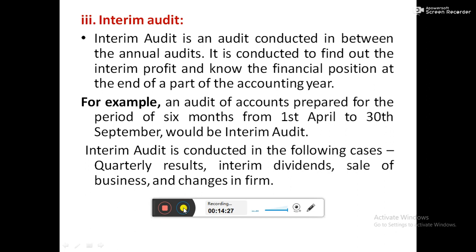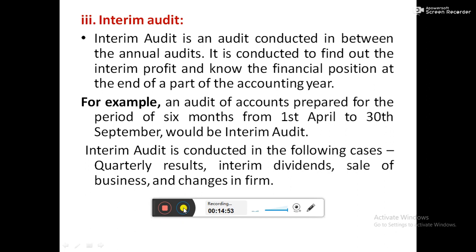Interim audit is one which is conducted in between the annual audits. It is conducted to find out the interim profit and to know the financial position at the end of a part of the accounting year. That means if a business organization wants to know the profit in between the financial year, that is